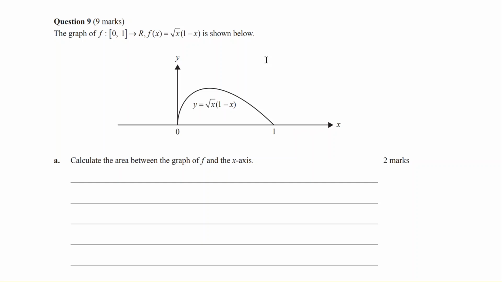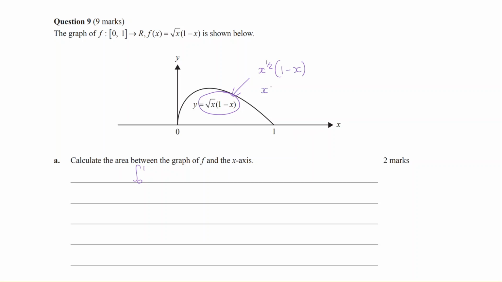Okay, question 9. This one's not so bad. So we need to integrate between 0 and 1 this thing, which we've got. Now, they're kind of playing about with you with this because really root x is just x to the half. And putting it on the outside of the bracket, I'm just going to get x to the half times 1